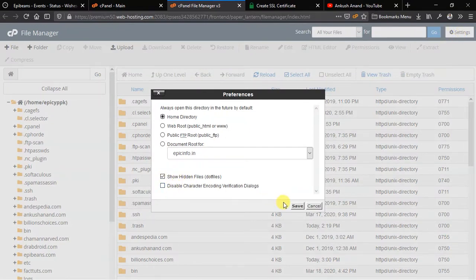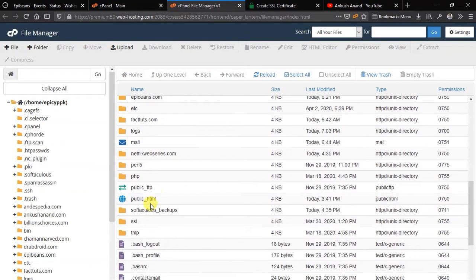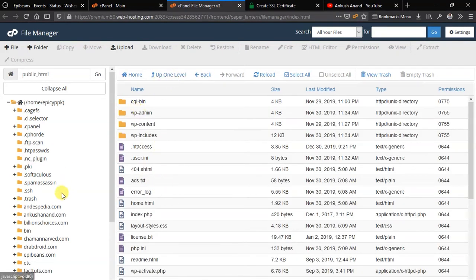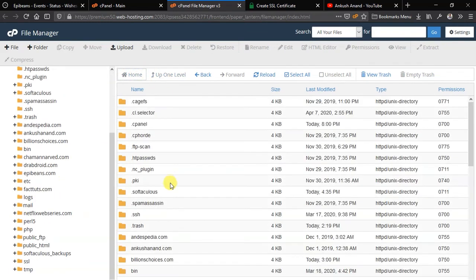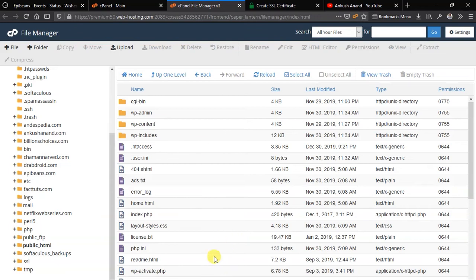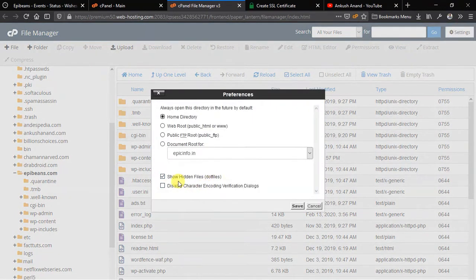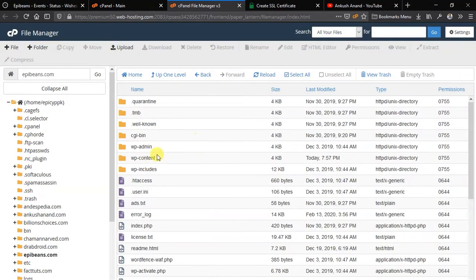Show hidden files. Normally, if you are using one hosting and one domain, your website data will be in this folder, public_html. I have so many domains in here, but normally your website will be under this public_html folder. In your case, you have to go inside it and do the steps in there. I will do similar steps in a different folder because my site is in a different folder. So remember to turn this on. When you turn this on, you will see this folder, right? You just have to worry about this folder.